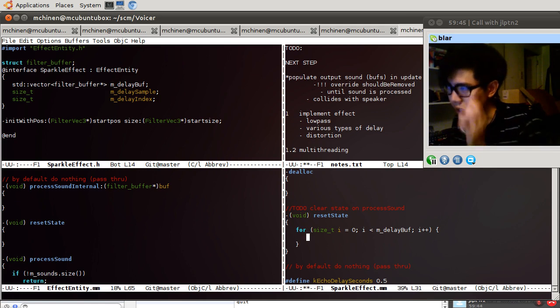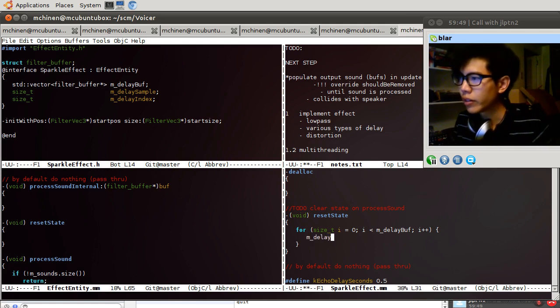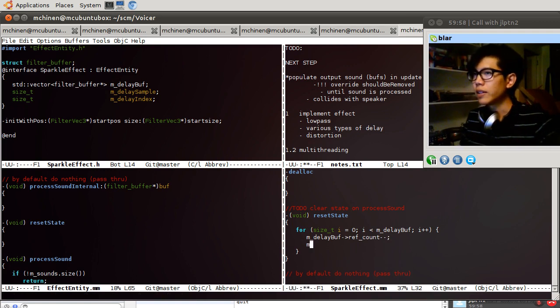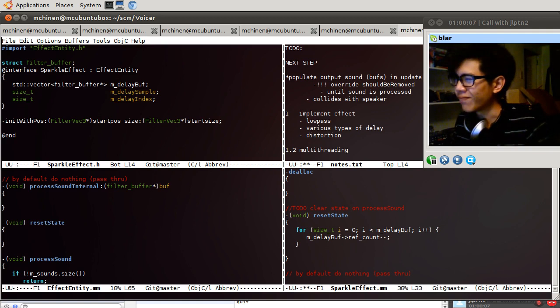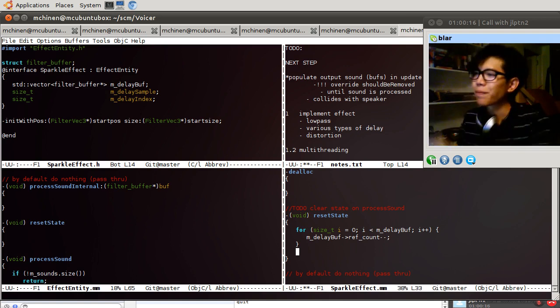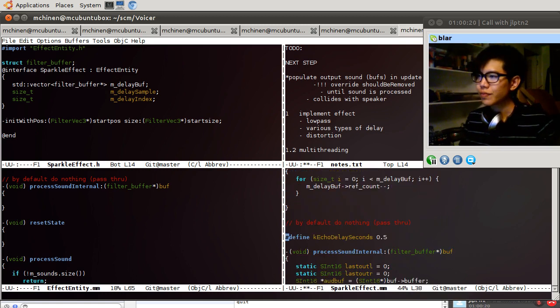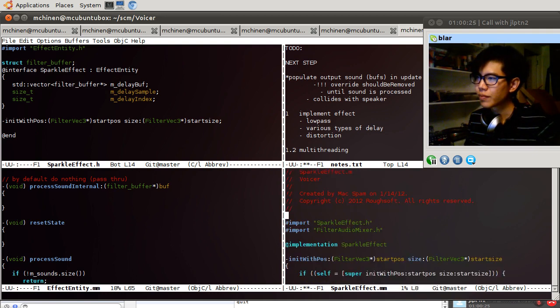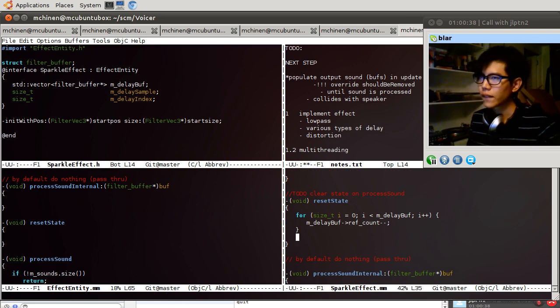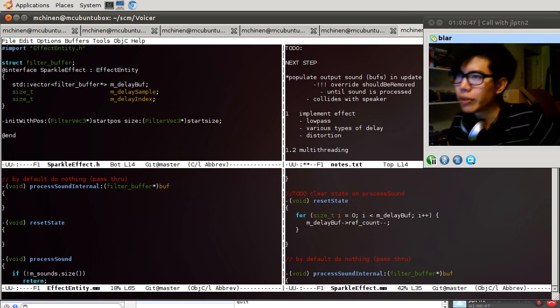Then when we're resetting the state, we have to decrement that reference count. That's going to be ref count minus. And we also should, at this point, kill. Yeah, we should kill. What do we want to do? You know what? I got it. Yeah. So the question is, if we want to have our own buffers, if we want to manage our own buffers or just steal the